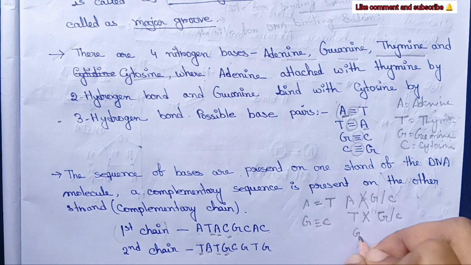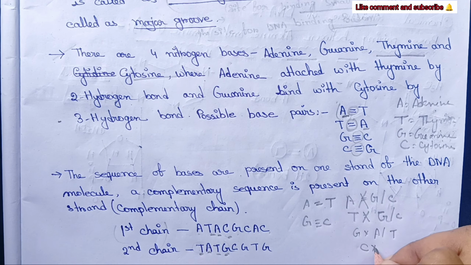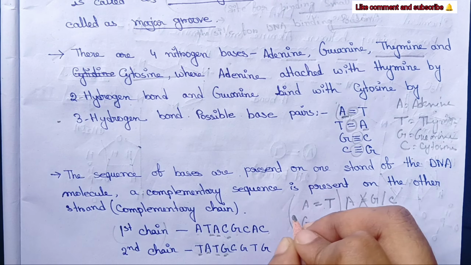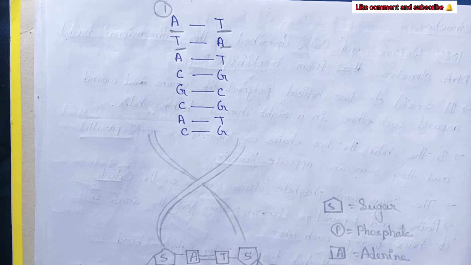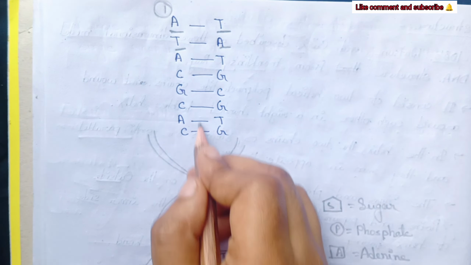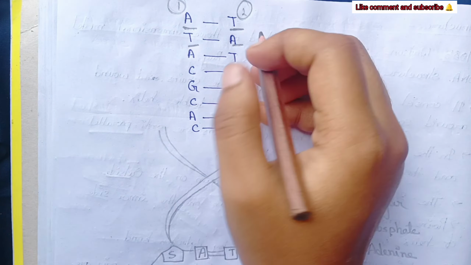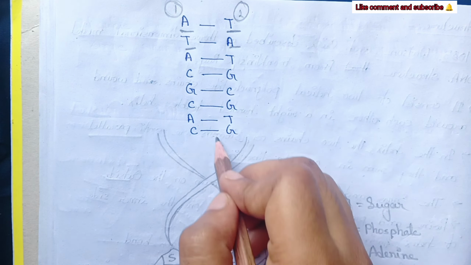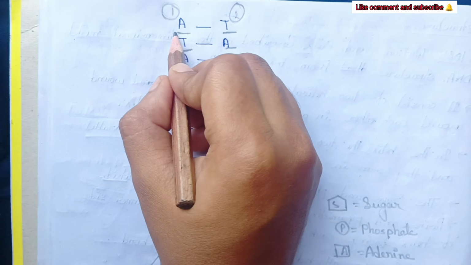In the same way, guanine cannot bind with adenine or thymine, and cytosine cannot bind with adenine or thymine. So this is also a possible base pair, the only base pair that is possible in DNA. If this is the first chain, so if the DNA nitrogen base sequence is like this, then for the second or complementary strand, the possible sequence is this, adenine,